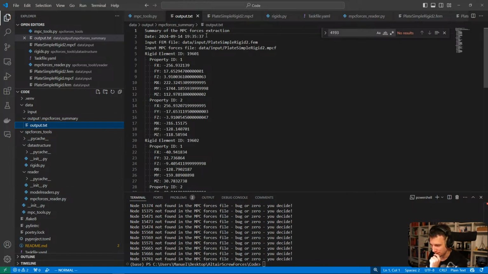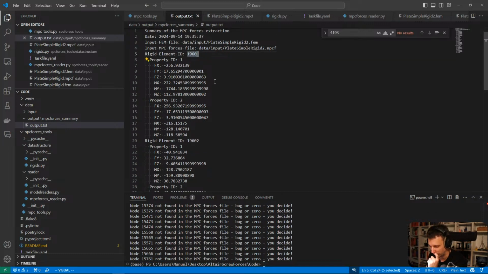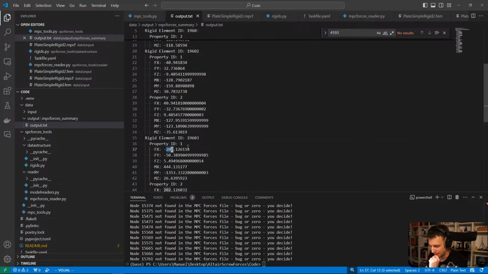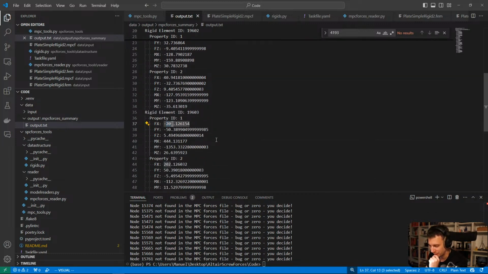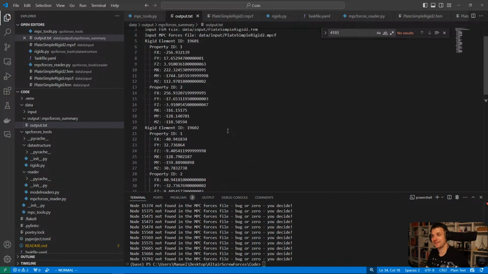So, summary of MPC forces extraction, date, input file and output file, input MPC and FEM file. So we have now multiple rigid elements. This is the first one. It transfers 256. Then the second one transfers 40 newtons. And the third transfers 202 newtons. Isn't that great? I really like having something like this, because now you can think of